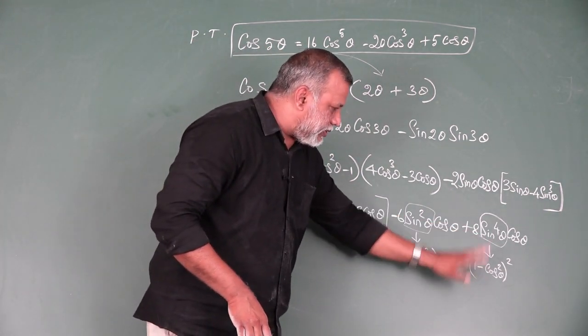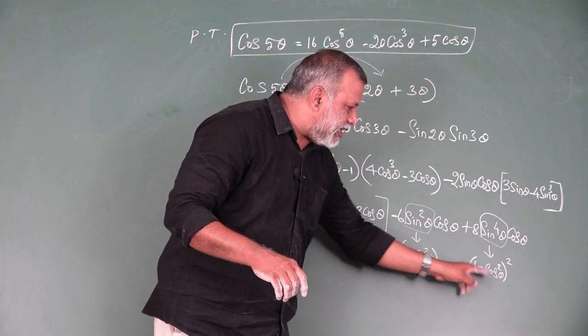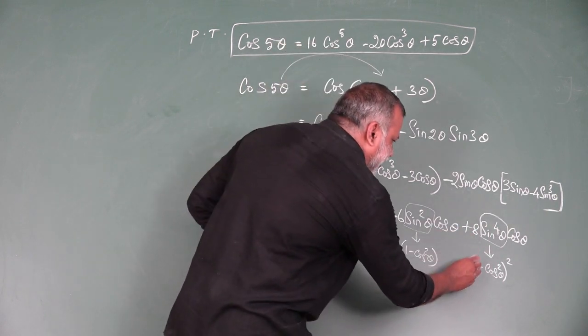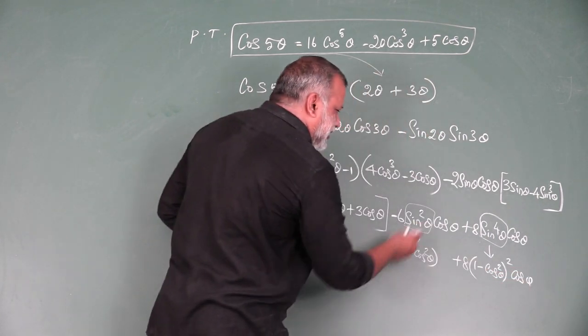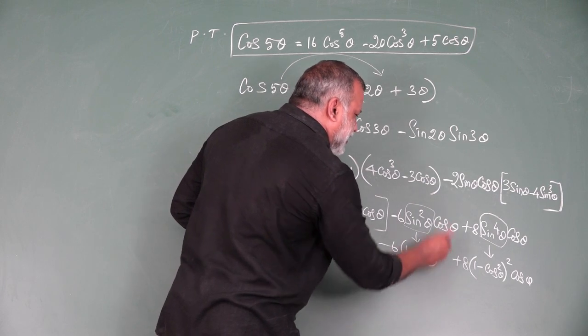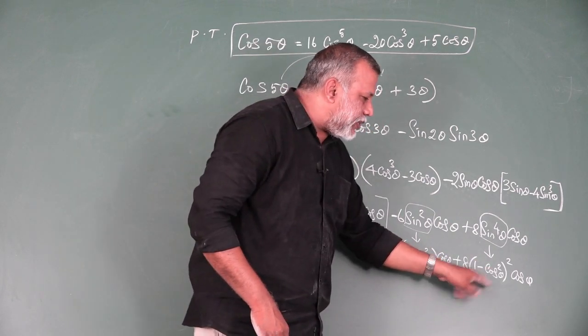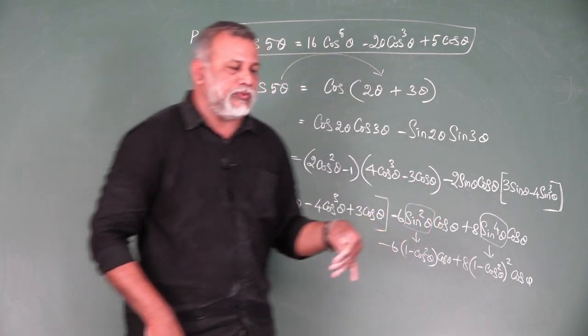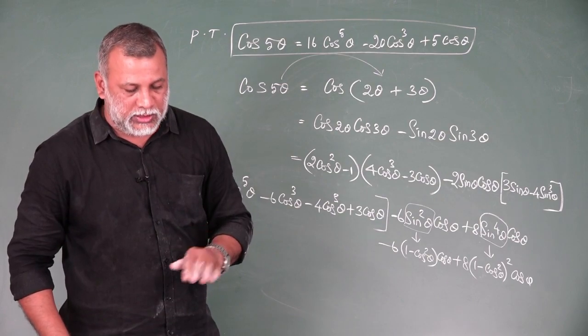So sin power 4, this is the only one logic. Sin squared the whole square. So we get 1 minus cos squared the whole square. The remaining 8 as it is here. The remaining cos theta as it is here. In the same way here minus 6 as it is. Cos theta as it is. Now multiply. Expand this one. After that multiply, you can get the proof. So dear students, work out this problem. You have only one homework. So thank you.